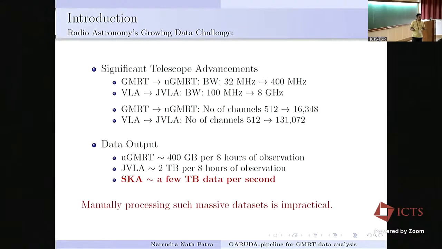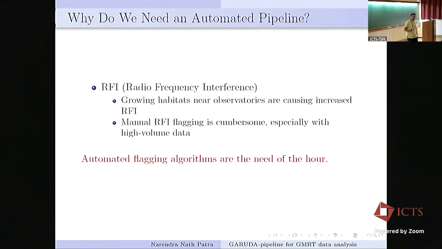You are not going to be able to do it manually, so you need a processing pipeline which will be really robust and able to take care of the complicated environment, as I just mentioned. And then another challenge is radio frequency interference, right? I believe this is going to be the next big challenge. Even if you solve the high data rate and processing and have your pipeline and everything, this is going to make our life difficult.